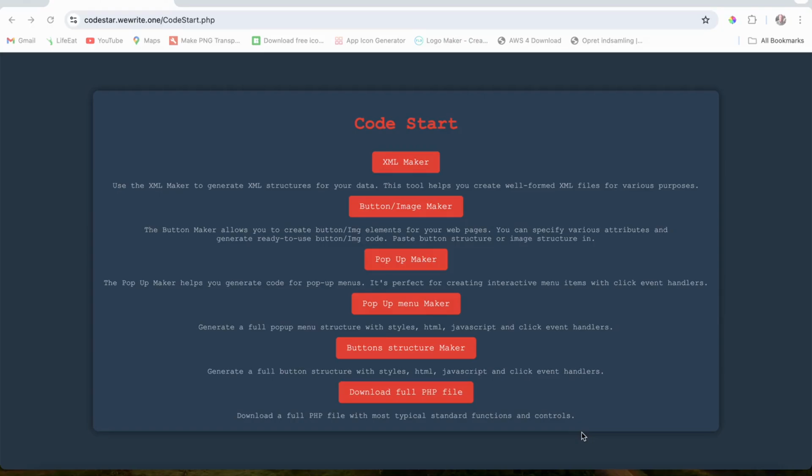Hello, I just want to show you one more thing in this code start code generator. It also has a possibility to generate a full button structure with event handlers, JavaScript, HTML and styles, and it's very simple. I press this called button structure maker